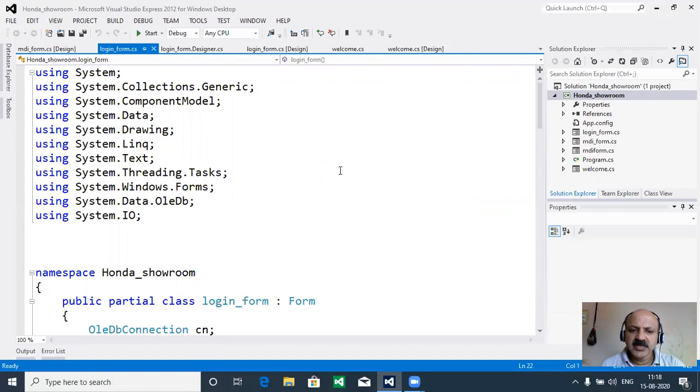First we start with the flush screen, the welcome screen of our project, then the user login form, and then the MDI appears, and the MDI controls all the sub forms, like parent and child. So MDI is the parent and the rest are sub forms. So MDI is a multi-document interface and SDI means single document interface.